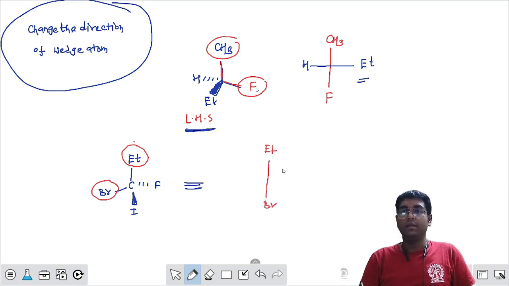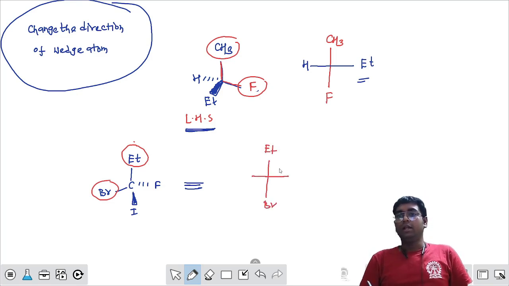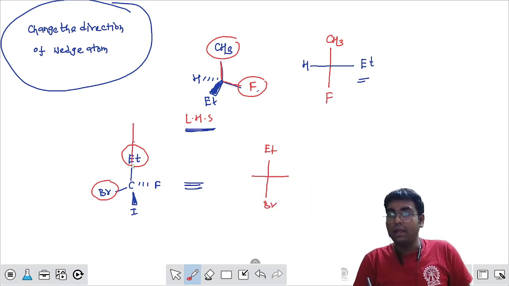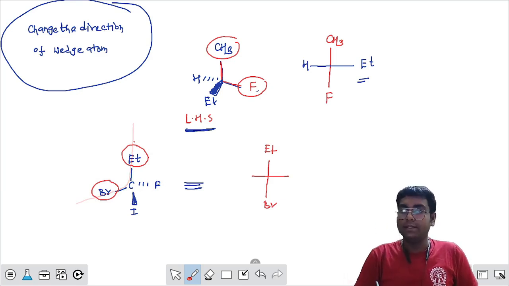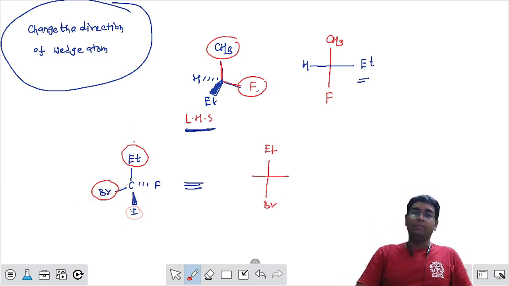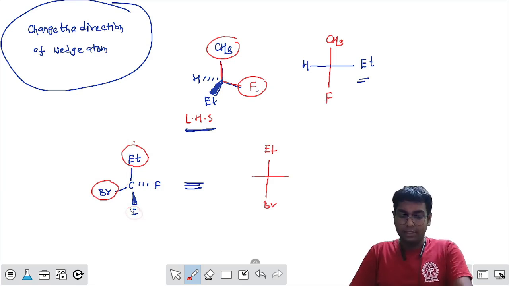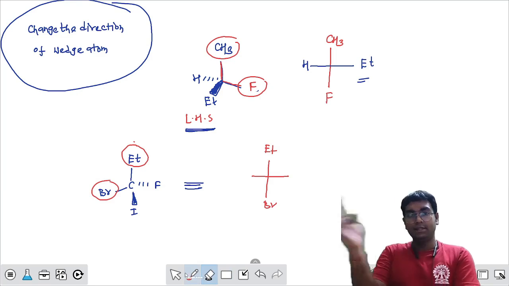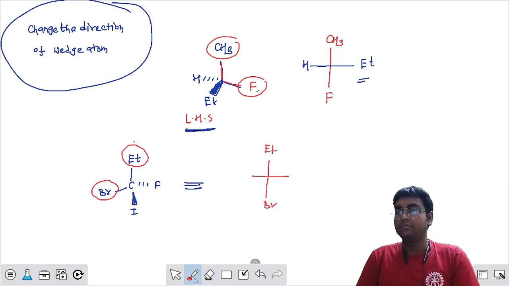Okay, fine. Now if we try to make the linearity among these on the plane moieties like this one, you can see this above the plane and this below the plane atoms are basically lying on the right hand side, right? So this is the on the plane and this is the right hand side. You can see these groups are present on the right hand side, but we just have to